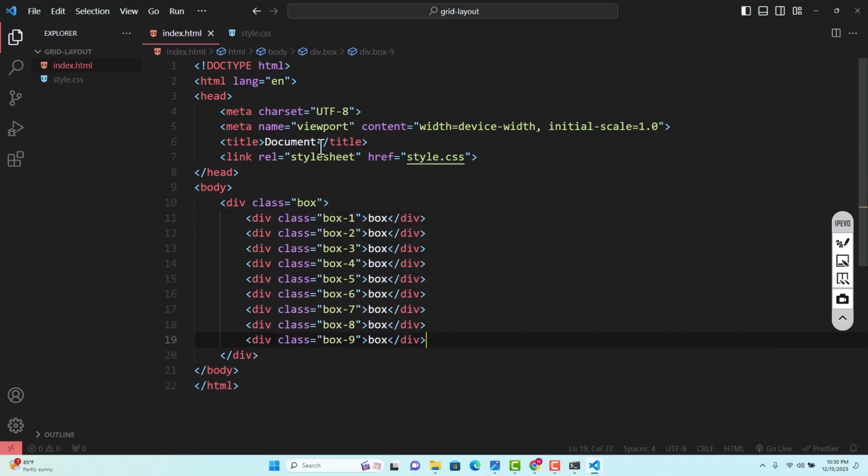So as you can see, we have created 9 boxes as we have counted them, and I want to specify each box according to its name. So I'm going to say something like 1, 2, 3, 4,